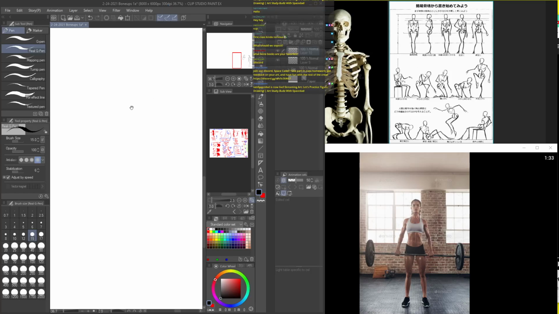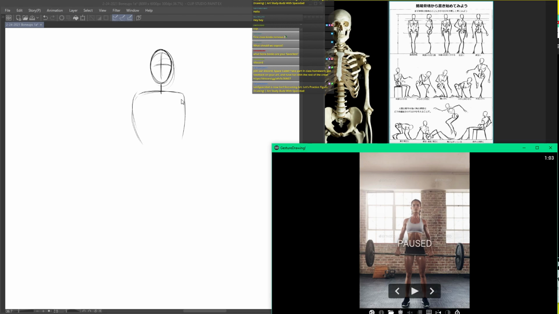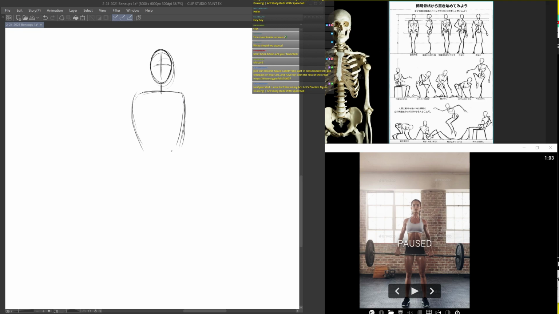So what I want you doing for this set is to basically interpret the figure as a Loomis skeleton. The way the Loomis skeleton works is you start with a very simple head sphere, head ovoid. Usually do a little C curve for the neck. It's a simple line. The torso and rib cage, we're going to spend a little extra time on this particular pose, by the way, because it's a perfect straight-on pose. I may actually pause it there, even though the pause is going across her waist. But